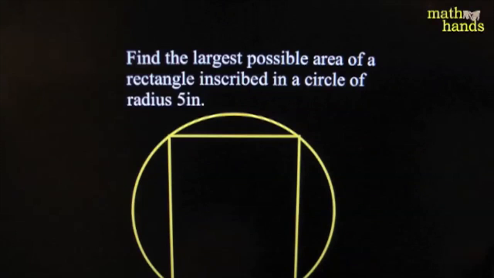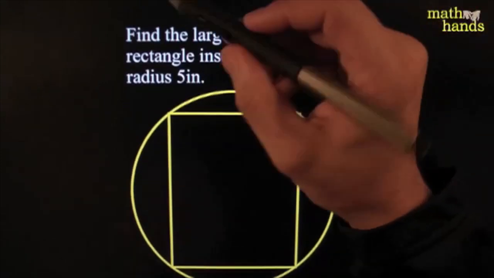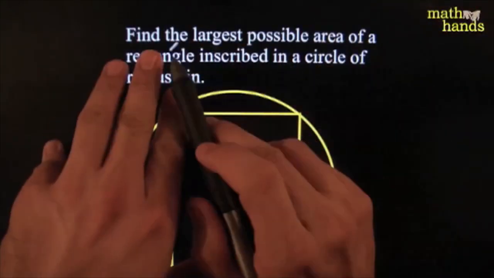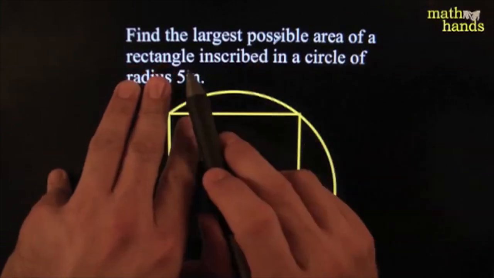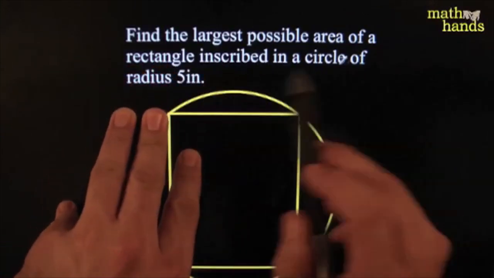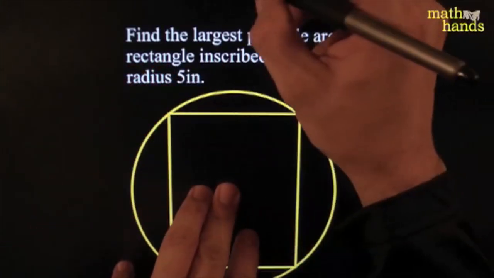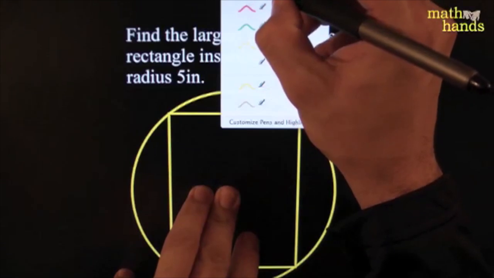Now let's do some more classical problems. Here's how it would go. Typical problem from a typical textbook. Find the largest possible area of a rectangle that can be inscribed inside a circle of radius 5. What that means is that